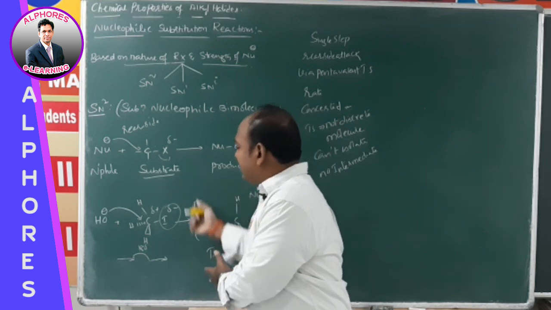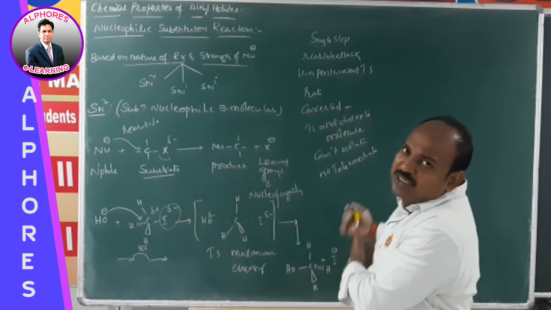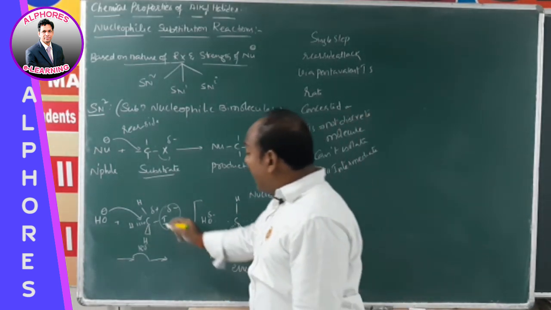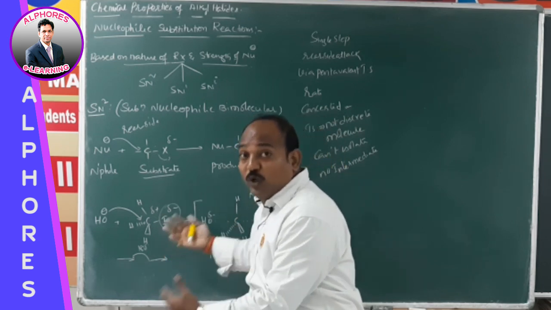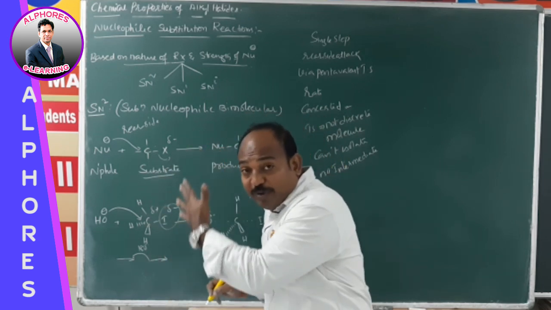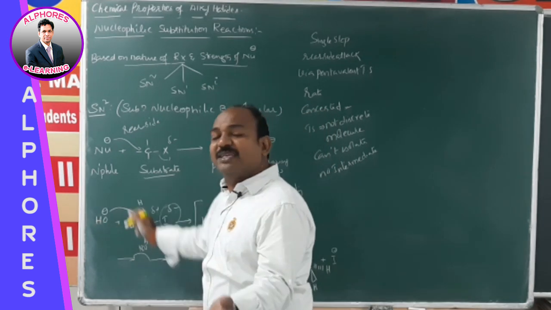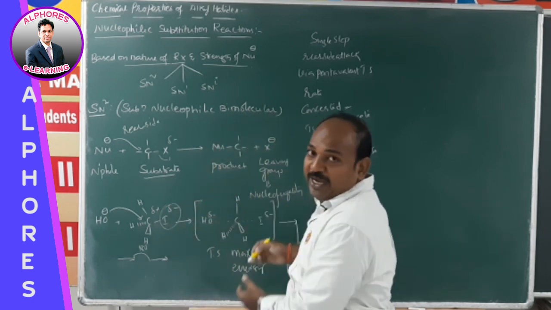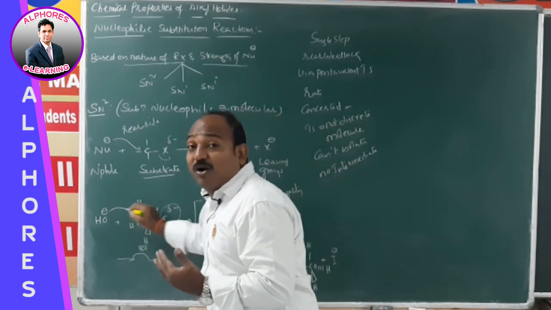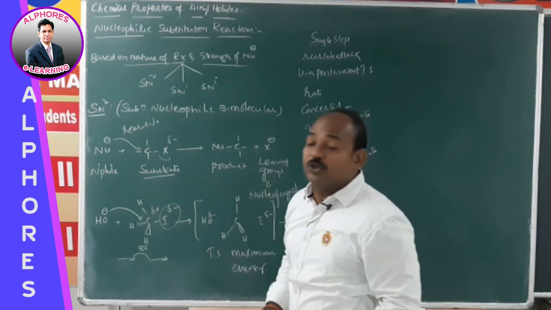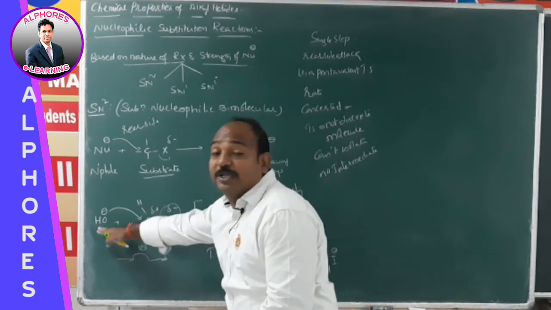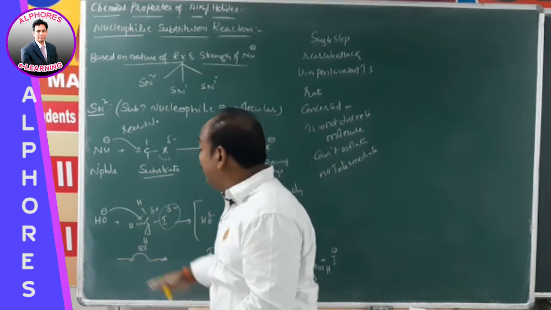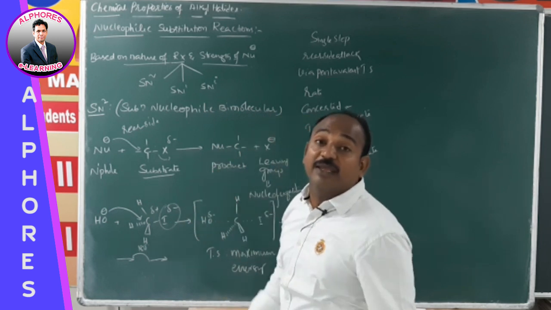Here, as we discussed, initially I does not come out as I minus and there is no existence of a carbocation. When I comes out as I minus slowly, that means when the C-I bond is going to break slowly, then OH minus approaches that positive charge. To whatever extent this bond is going to break, to the same extent the carbon-oxygen bond is going to form. So how slow this one is, that slow is its approach also. How fast the leaving tendency, that fast only the attacking tendency of the nucleophile.